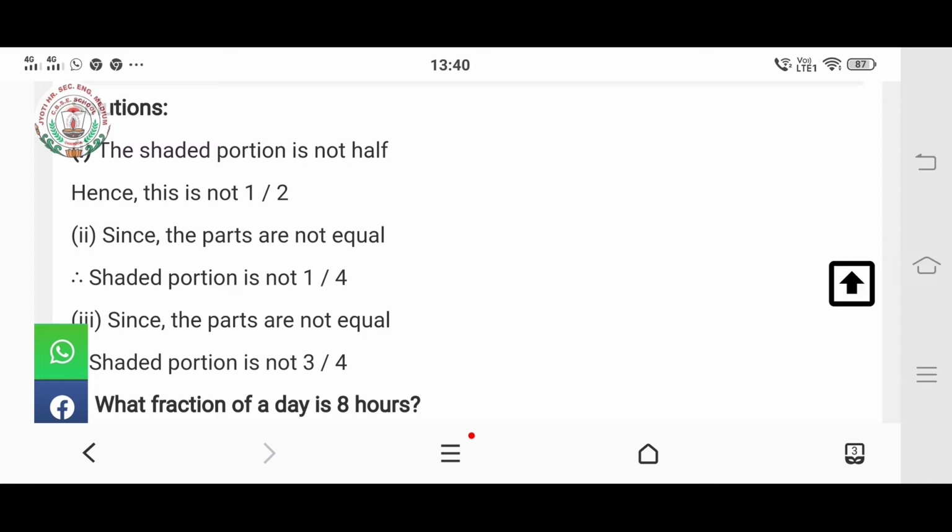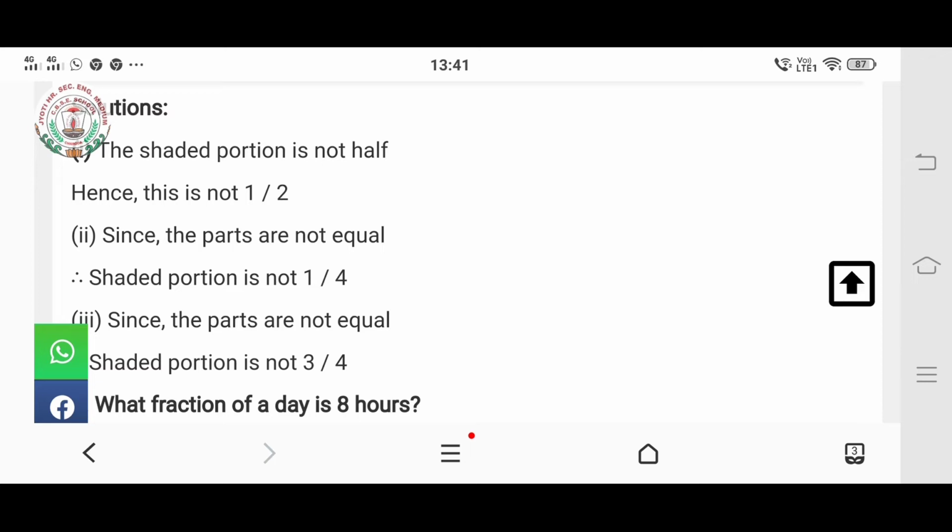Now coming to the fourth question, which is one kind of most important question, both fourth and fifth. This type of question generally comes in the exam. What fraction of a day is 8 hours? Means of a day, total how many hours are there in a day? There are 24 hours. And out of that, what is the fraction of 8 hours? Just in the beginning of this chapter also, I told you how to write the marks, how you are getting it in the exam. The marks scored divided by the total marks. So here the fraction is asked of 8 hours of the total day.